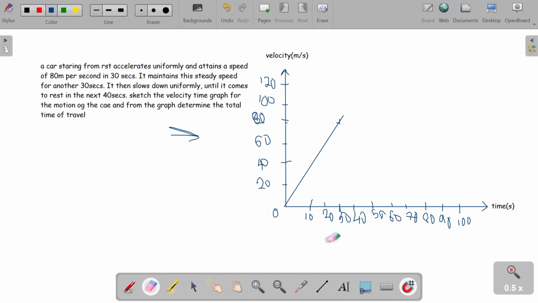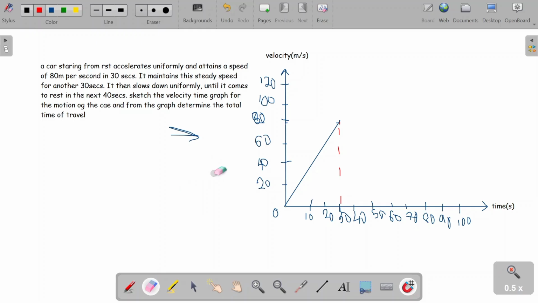Okay, so we've reached point 30 from 80. It says 80 meters per second. So that is 80 meters per second. Now we're going to draw a dashed line to 30, like that. Let me take the eraser again just to clean up the spots. Okay,